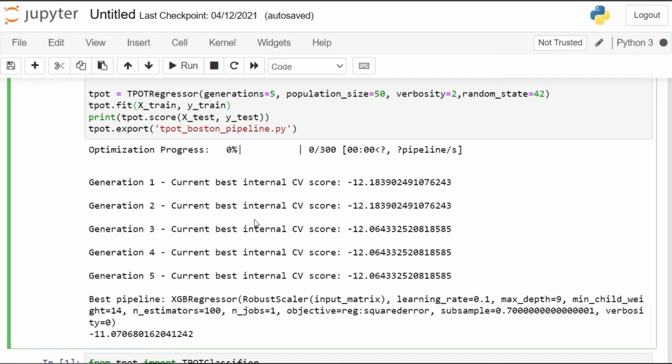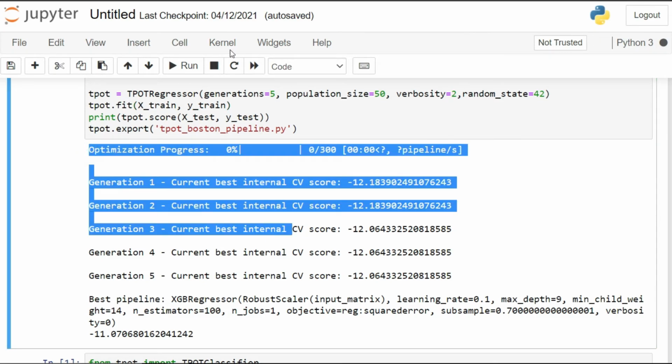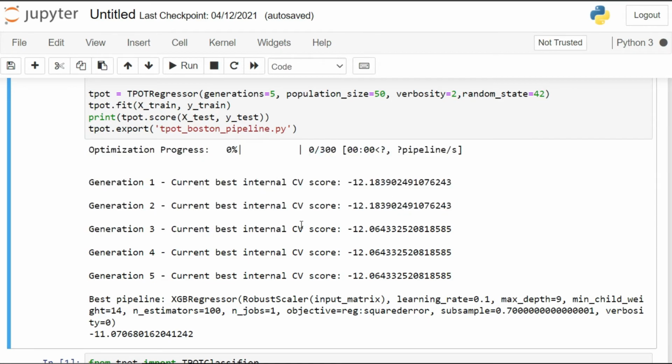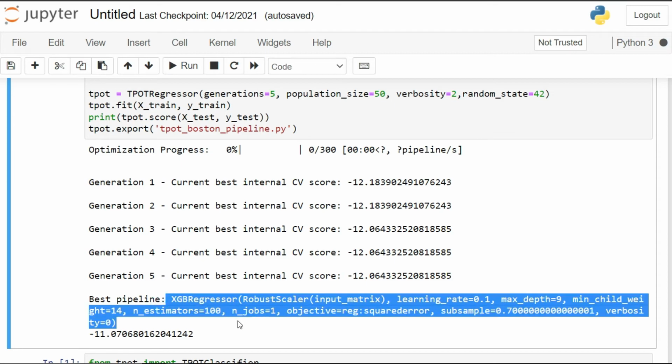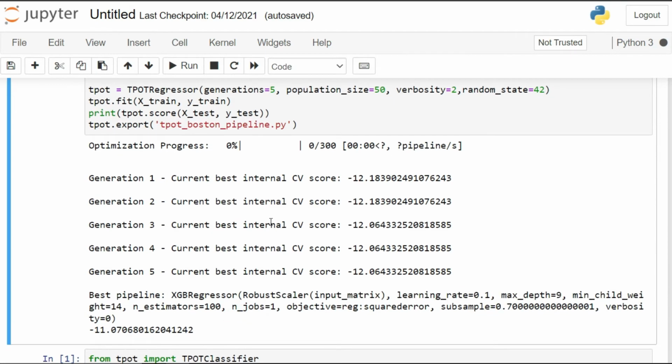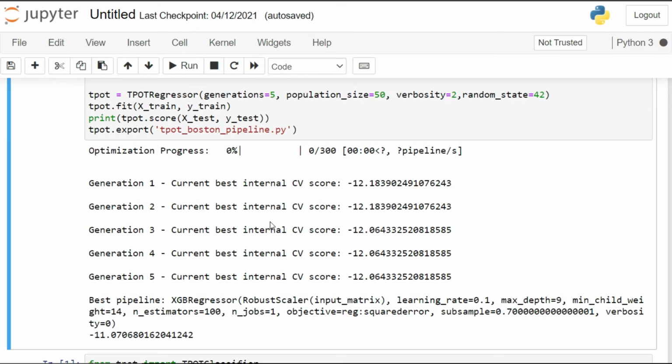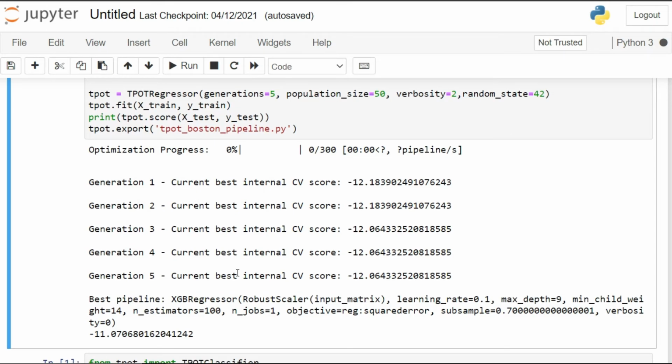Now the results came out from the AutoML. It's suggesting that XGB regressor is a good model for this dataset. Also look at the generations here. If the generation count increases, you will get less error. We are calculating the error because we are using regression modeling. For every regression model, we have to measure the error as a prioritized metric, and we don't need to use accuracy for judging the performance of this model. This is for regression only, and for classification we have to calculate the accuracy.